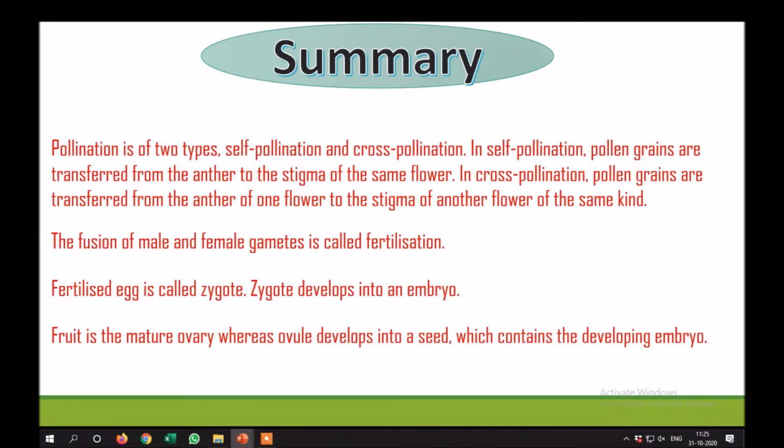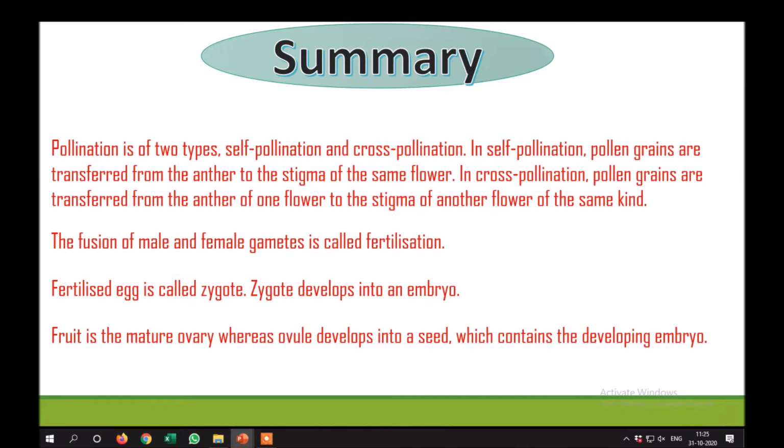In self-pollination, pollen grains are transferred from the anther to the stigma of the same flower. In cross-pollination, pollen grains are transferred from the anther of one flower to the stigma of another flower of the same kind. The fusion of male and female gametes is called fertilization. Fertilized egg is called zygote. Zygote develops into an